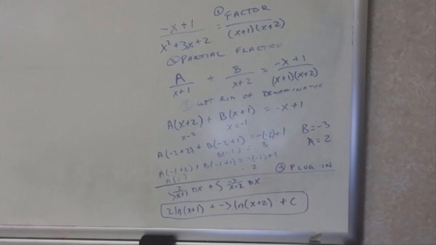We now take our a and our b and we plug back into our function. This gives us 2 integral of 1 over x plus 1 dx plus negative 3 integral 1 over x plus 2 dx. As we integrate both sides separately, we end up with 2 natural log of x plus 1 plus negative 3 natural log of x plus 2 plus c. Your problem is now solved. These are the various methods of integration and are useful